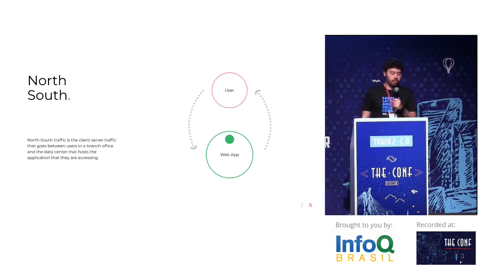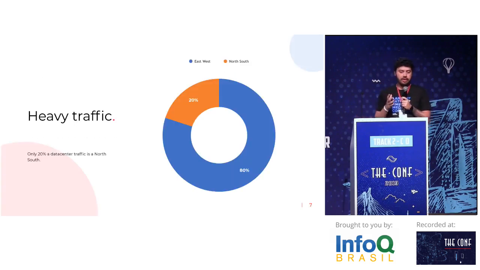So think about heavy traffic. Today we have a lot of virtualization. We have Dockerized systems. So our heavy traffic today is east-west traffic. It represents 80% of our traffic inside a data center. This is why today I will cover only the east-west traffic. I will cover only the traffic between APIs and databases, between APIs and cache layers. Maybe at another time we can talk more about the north-south traffic.